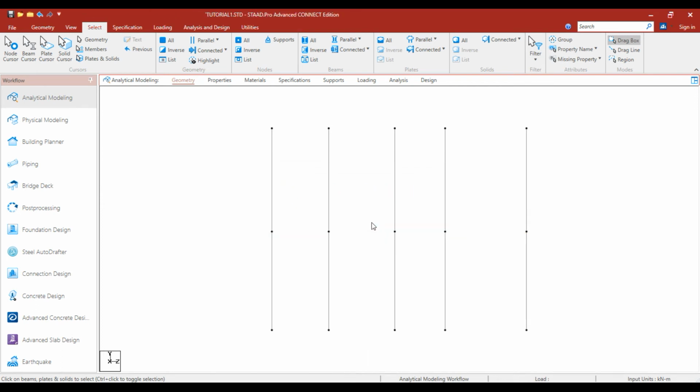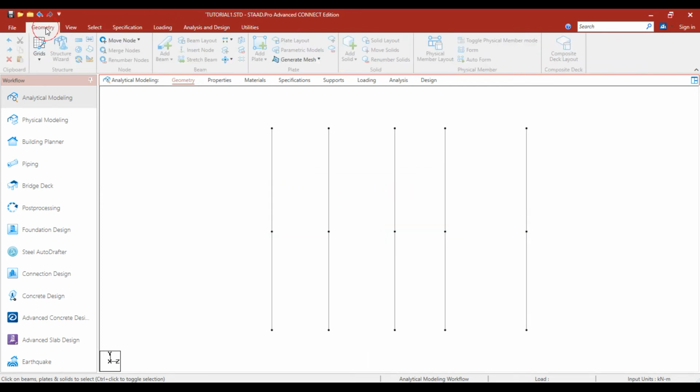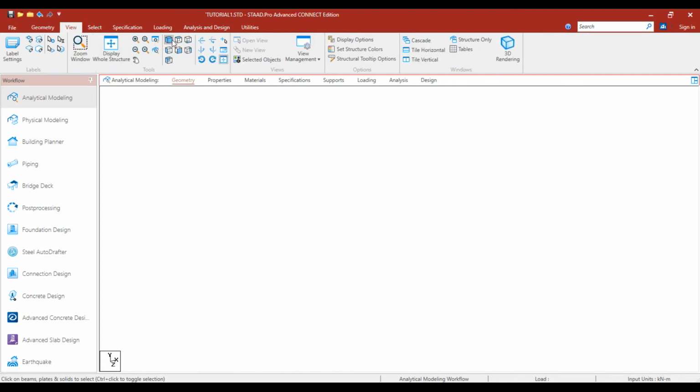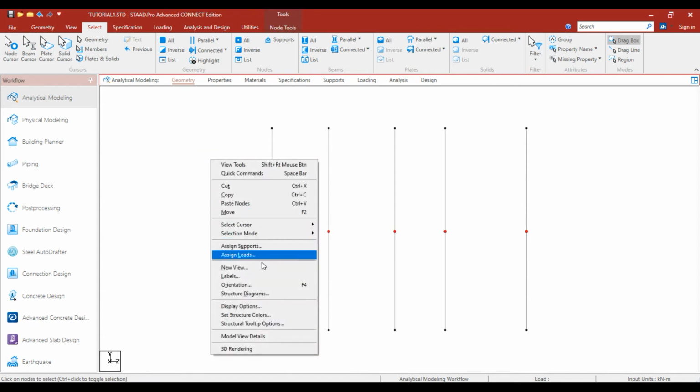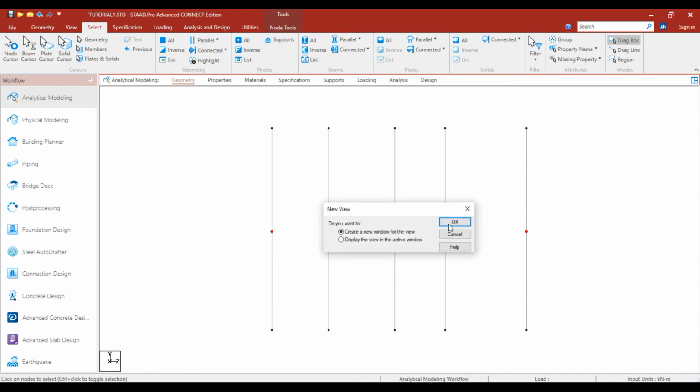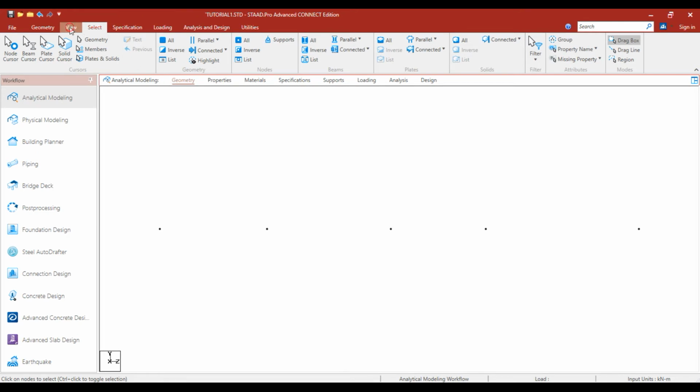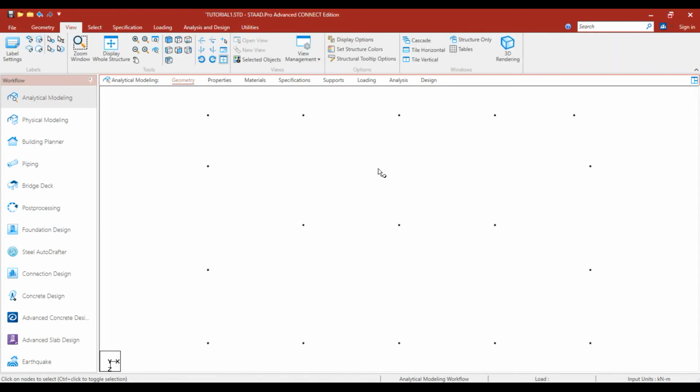Okay, then go back to my geometry, come to my view from this side. Okay, then you come to your select node cursor, you select and make a new view. Okay, then go back to your view, then go to view back